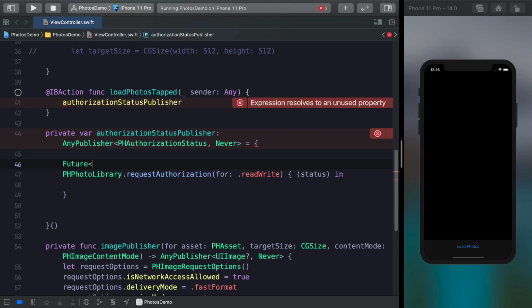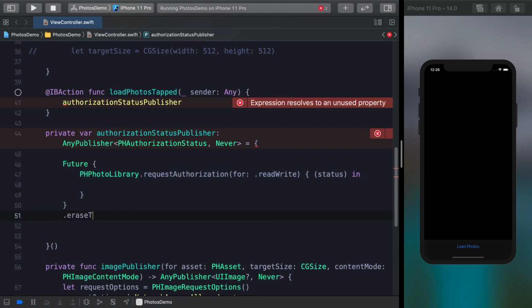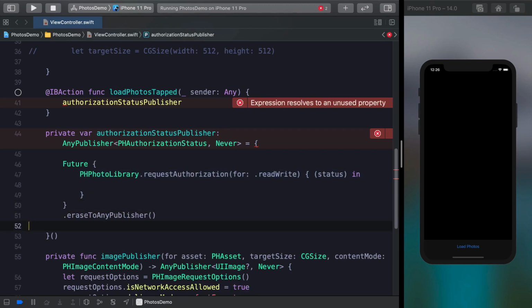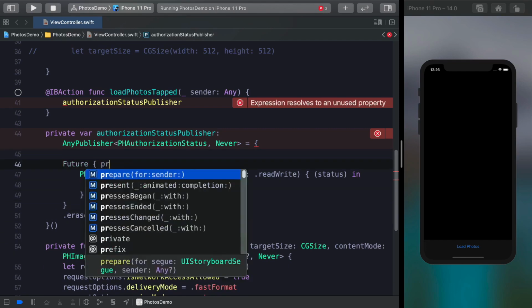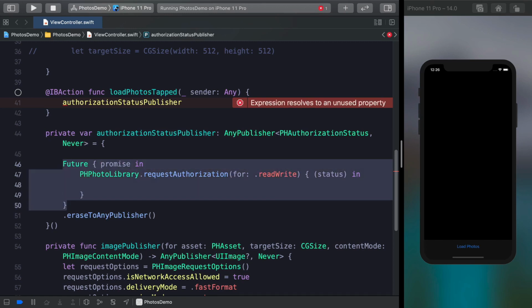So Future is generic over the output and failure types, just like we've seen before. So we can specify those, but it can also infer those because I'm returning it from this block. And then I can call eraseToAnyPublisher. And how do we then deliver the value to the future? Well, futures take a promise. A promise is, you can think of these as two sides of the same coin. They both sort of promise a value in the future, but basically the future is kind of a read-only consumer of this value, and the promise is how you can tell that future it has a value or it failed. Another thing to note about futures is they're just a one call, one result, and then